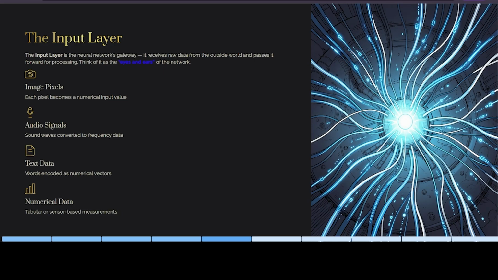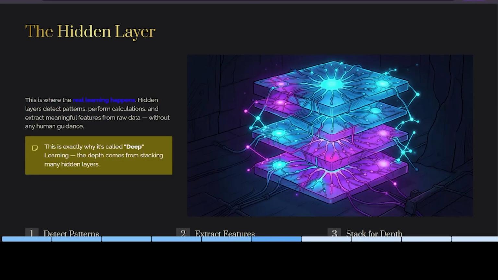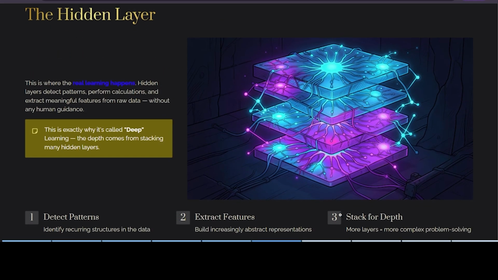Okay, next one is the hidden layer. The hidden layer is nothing but where the magic happens. Now we enter the hidden layer, which is where the real learning happens. It is called hidden because the user doesn't see these middle steps, only the inputs going in and the outputs coming out.